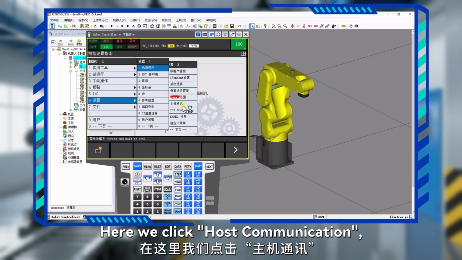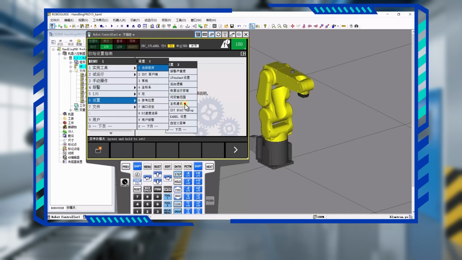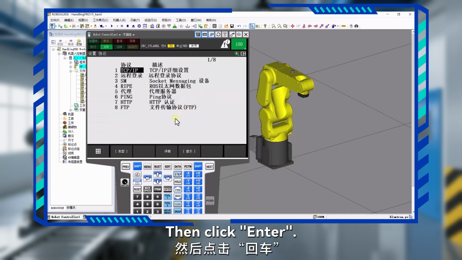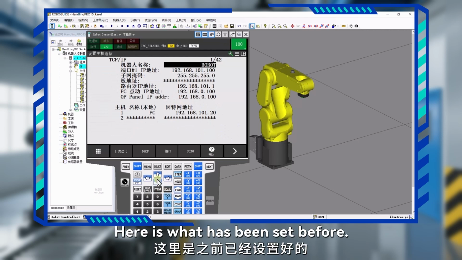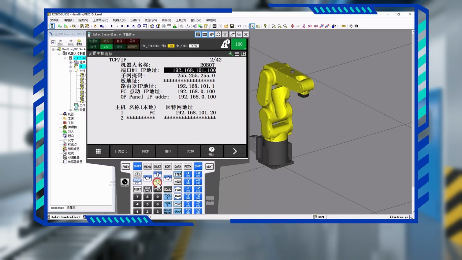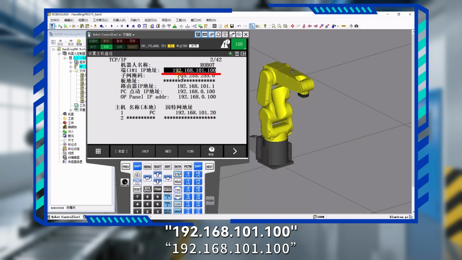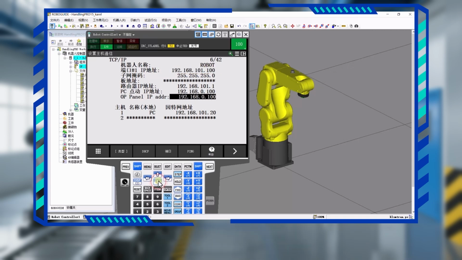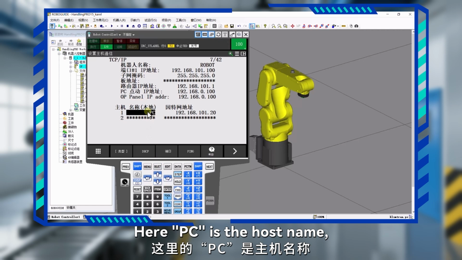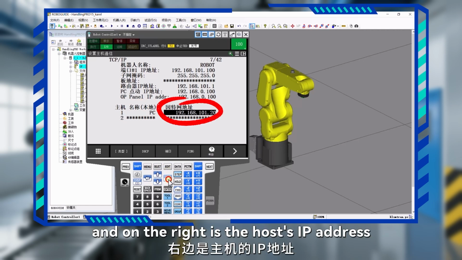Here, we click Host Communication. Then click Enter. Here is what has been set before. 192.168.101.100 is the IP address of the industrial robot. Here, PC is the host name, and on the right is the host IP address